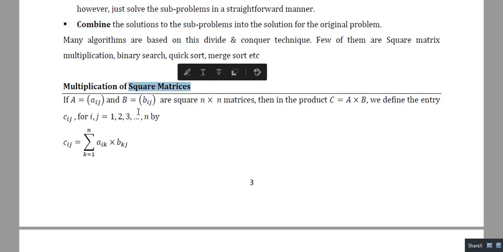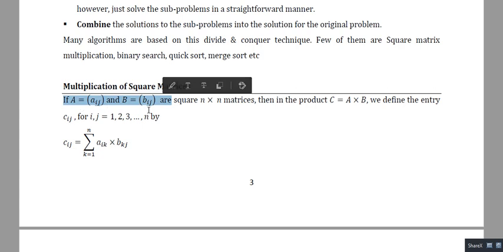So in this case we are assuming square matrix, meaning the number of rows and number of columns in the matrix are both equal, right? So already we know in mathematics, if we are doing matrix multiplication of two matrices, let's say A and B, then we just do the multiplication like this. We'll multiply the row of matrix A with the column of matrix B. First row of matrix A will be multiplied with first column of matrix B, first row with second column of matrix B, and so on.